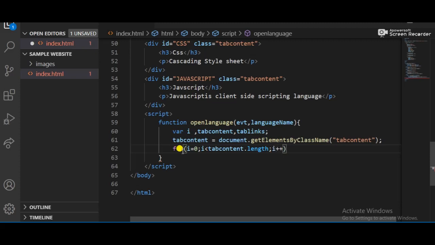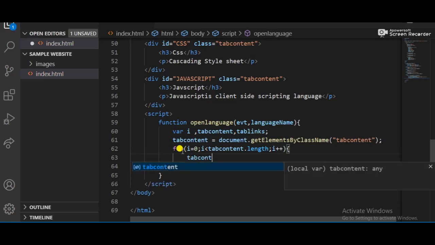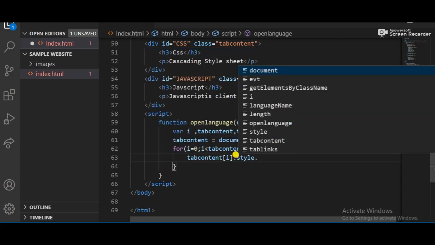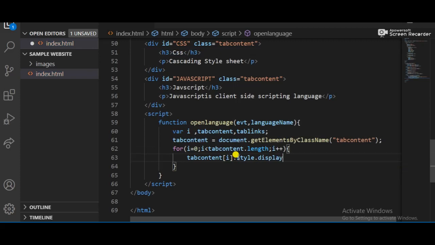In this loop, we just need to apply to tabcontent, which takes the index, and this is the array, and it gets a value from the loop, and apply the style dot display should be equal to none. So now we have finished this.